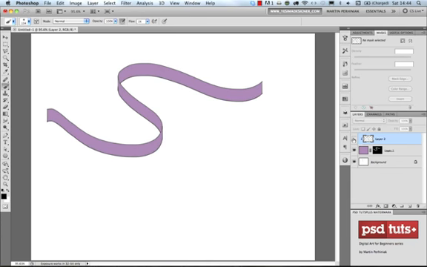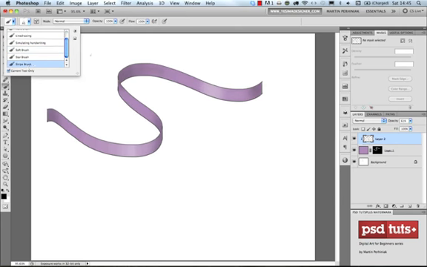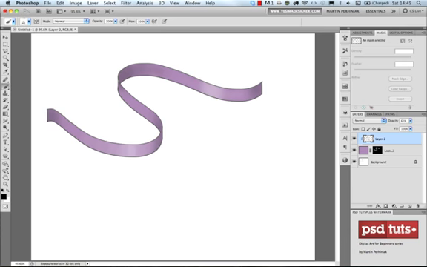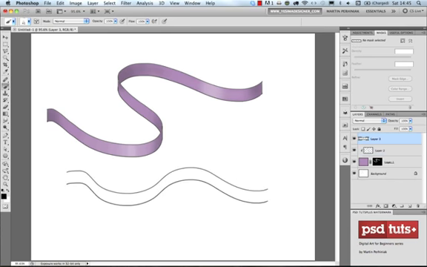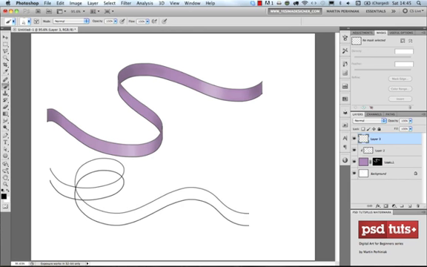But you can see if I turn this off and turn it on, the highlights and the shadows are the most essential things to make something look three-dimensional. And remember, all we started with is a brush tip shape, a very simple brush tip shape, which you can use to create ribbons like this one, or stripes. So let me just switch back to that one again. So the stripe brush, and just to show you another one, I create a new layer and I drew another one here. Okay, so remember, this option is really useful, and it's just up to your creativity how you